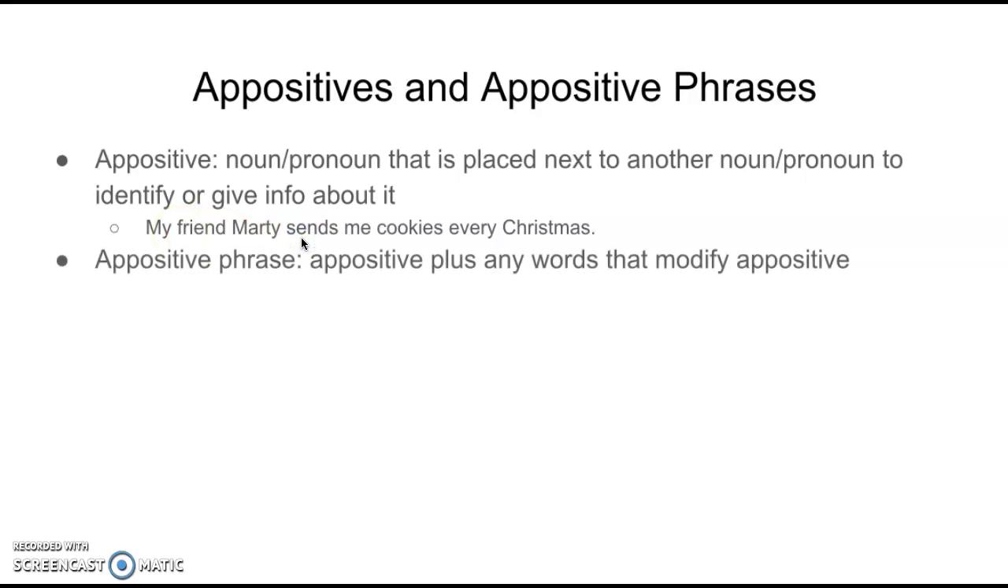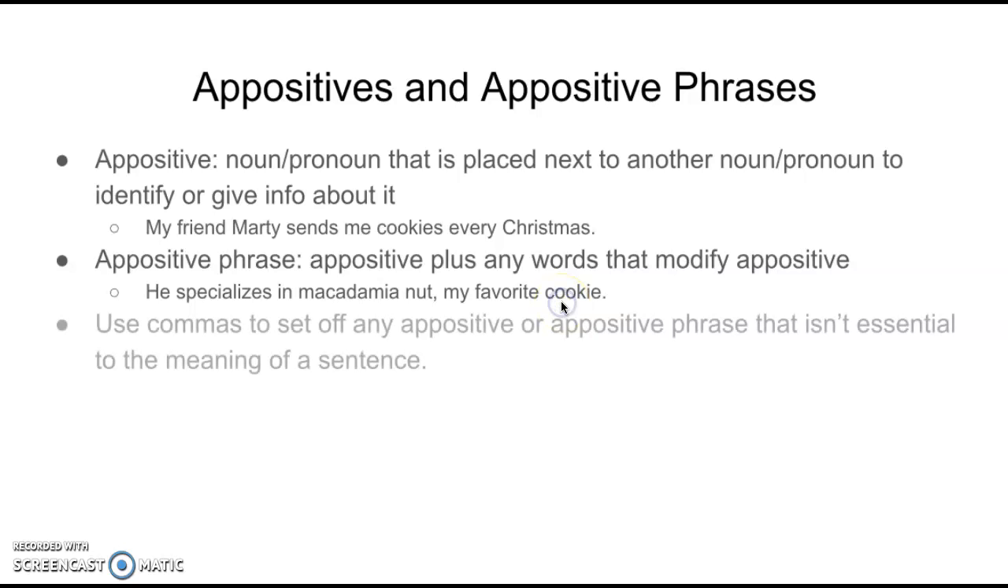An appositive phrase is just an appositive plus any other words that modify the appositive. So, for example, he specializes in macadamia nut, my favorite cookie. Cookie is the appositive, but favorite and my help modify and clarify what we're talking about. It's my favorite cookie. Use commas to set off any appositive or appositive phrase that isn't essential to the meaning